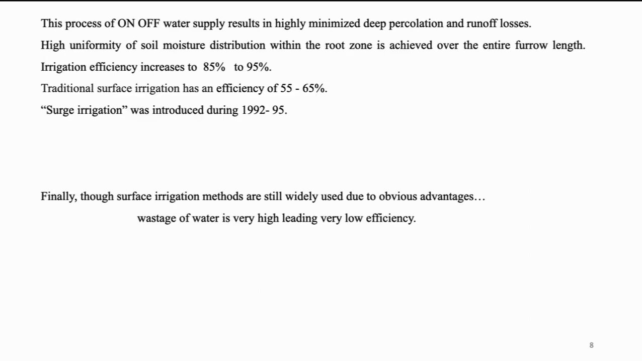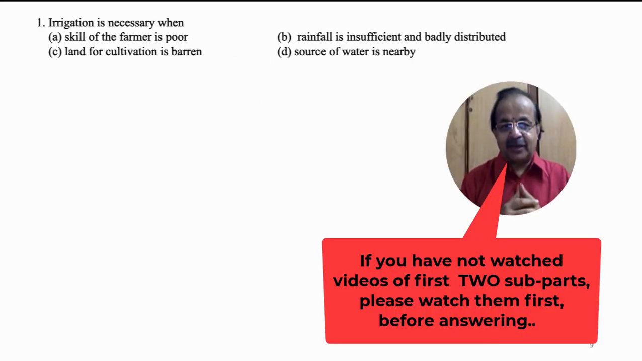Finally, to conclude the discussion on surface irrigation methods, though these methods are still widely used due to obvious advantages such as easy to adapt on the field, requirement of less skilled labor, requirement of less capital investment, however, wastage of water is very high, leading to very low efficiency. Let us discuss a few multiple choice questions which will be useful for both written examination as well as for